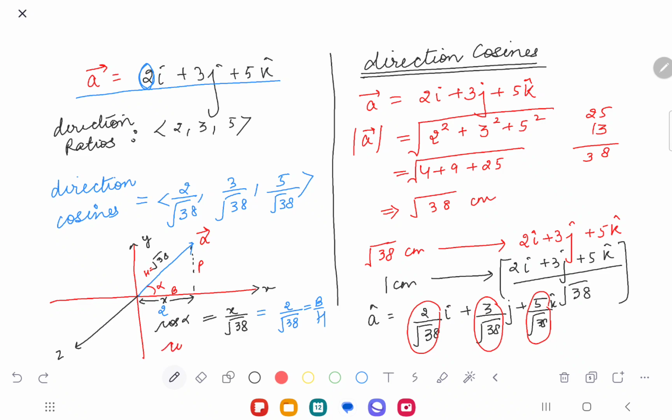Don't you think this is cos alpha? So what is cos alpha? You can see very clearly that 2 over root 38 is the direction cosine. Do you understand why we call it direction cosines now? Because that is equal to the cos theta value from the triangle, since we are trying to find out what angle this vector is making with the x-axis. You understand? Yes, ma'am. So this vector is making some angle definitely,